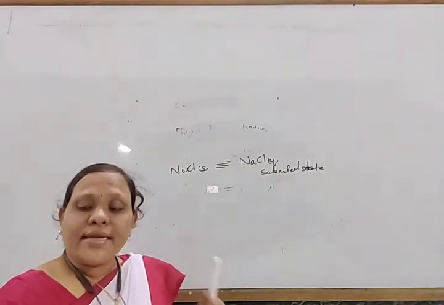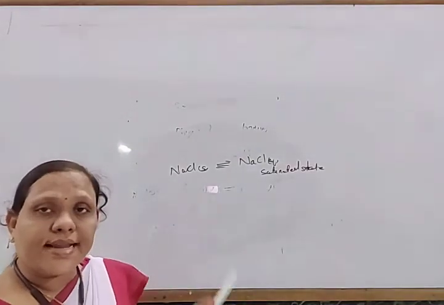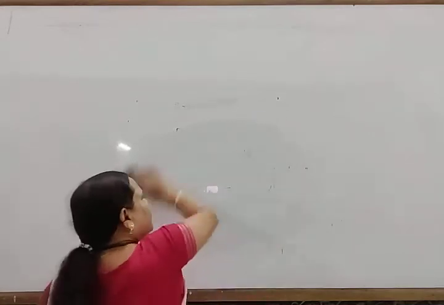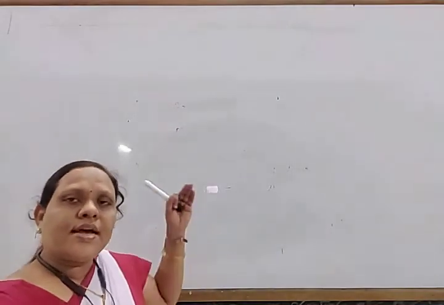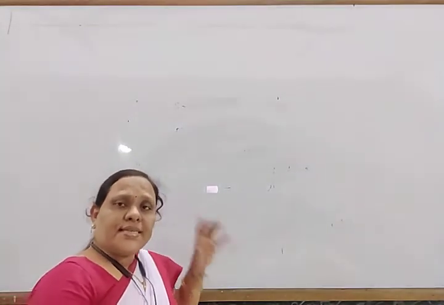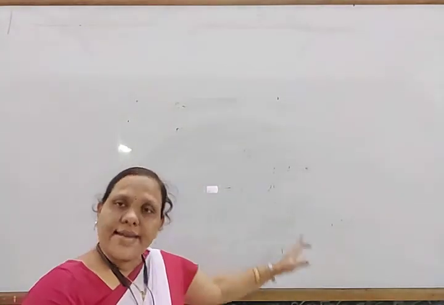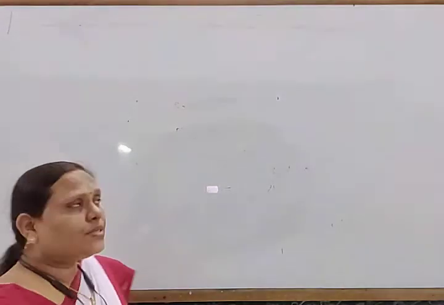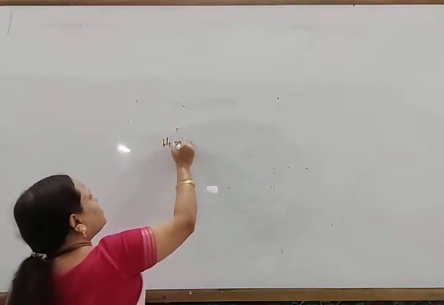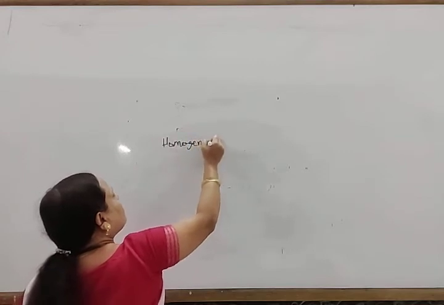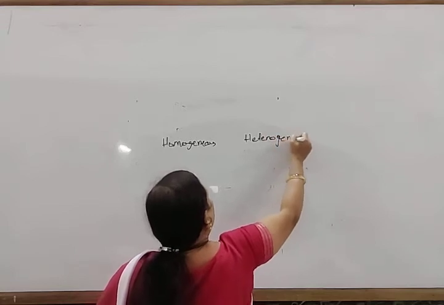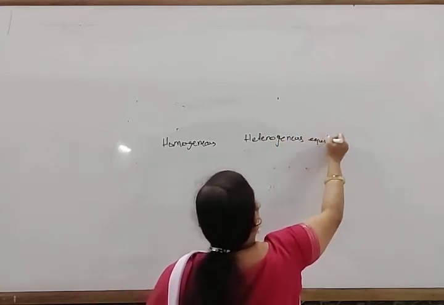And when equilibrium is achieved in a chemical process, in a chemical reaction, that is known as your chemical equilibrium. So this is chemical equilibrium in a chemical reaction, and generally the chemical equilibrium takes place in reversible chemical reactions. Okay. And another thing I want to say here, this chemical equilibrium is again classified into two types. One is known as homogeneous equilibrium, another is known as heterogeneous equilibrium.